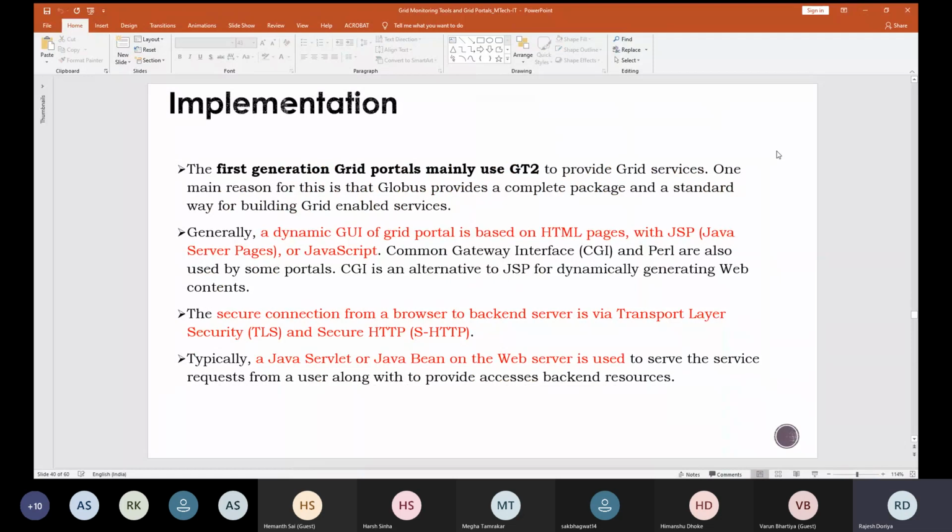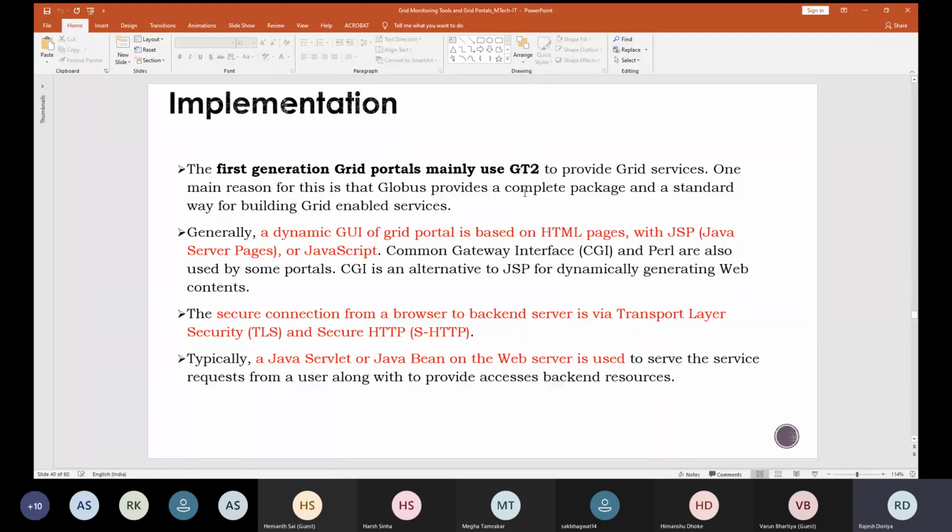And the main reason behind using this particular tool is that it provides a single stop solution. All the things can be provided with this particular toolkit, which is GT2. So this is the main reason for using GT2. It is a complete package which can provide all the facilities which a grid wants to have. Fine.